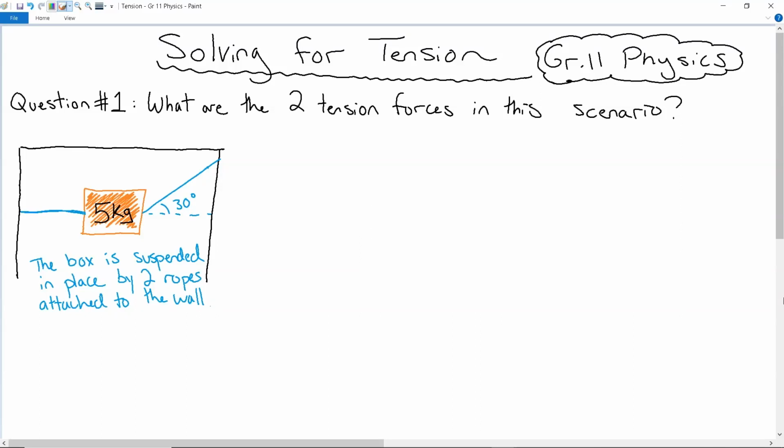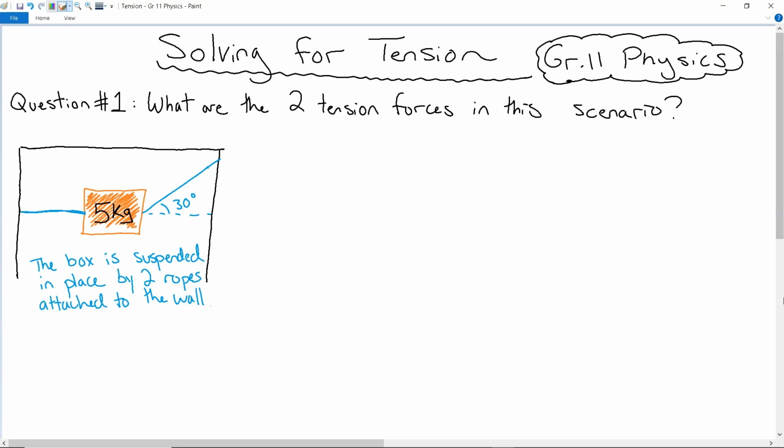Hi everyone. Today I'm going to be looking at a couple of tension questions relating to grade 11 physics. I wanted to look at some tension problems because I have noticed that these kinds of questions can be trickier for students. It seems like because there isn't a very specific defined way to solve for tension, that it can